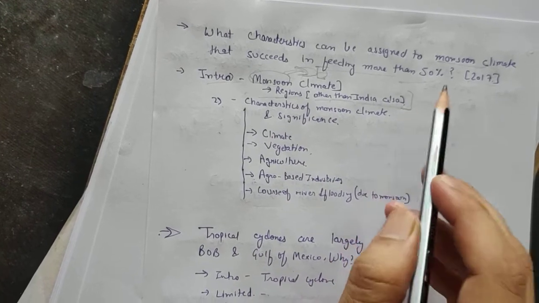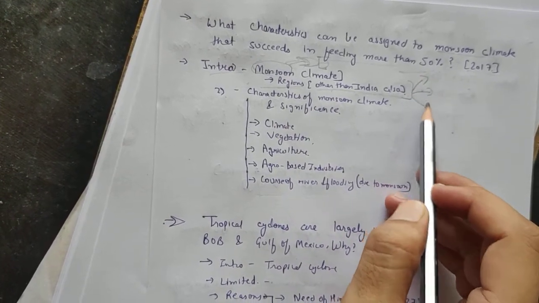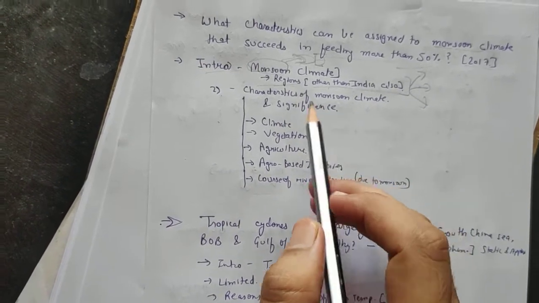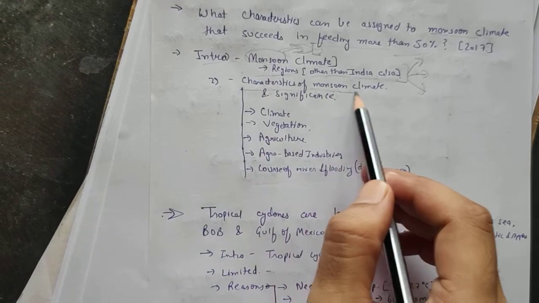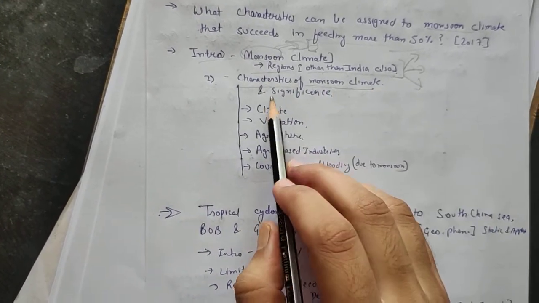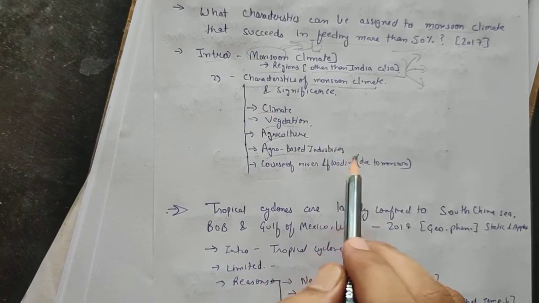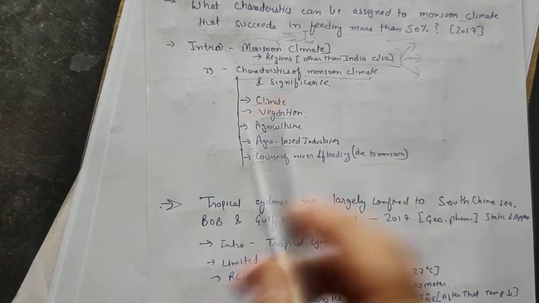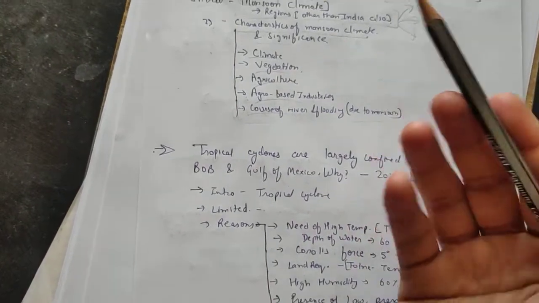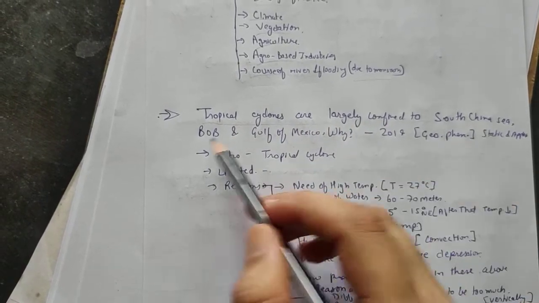So the examiner can feel that you have knowledge of different dimensions, not only of our country. Now the second part will be the characteristics of monsoon climate and their significance. What are the characteristics? Climate, vegetation, agriculture, agro-based industries, course of rivers, flooding and monsoon. As you are agriculture students, you know all of these, so I don't have to define them. Now the second question is: the tropical cyclones are largely confined to the South China Sea, BOB,